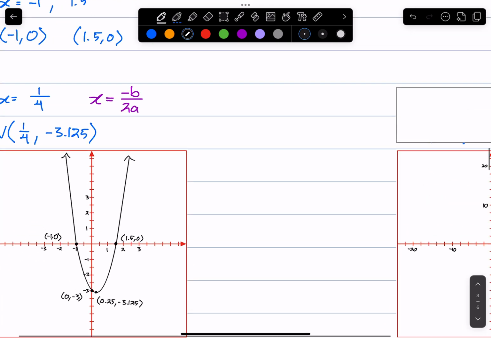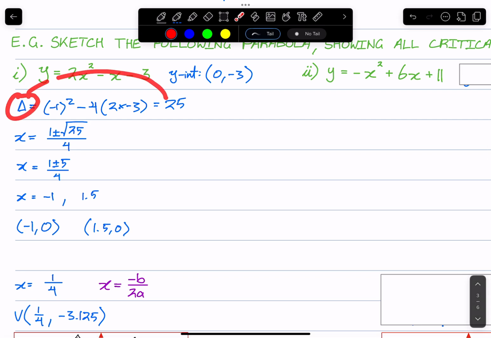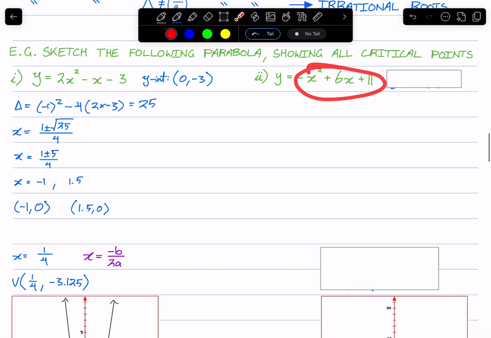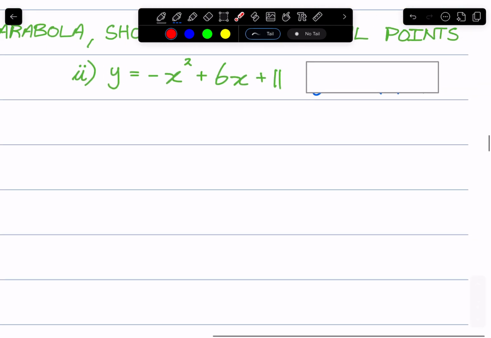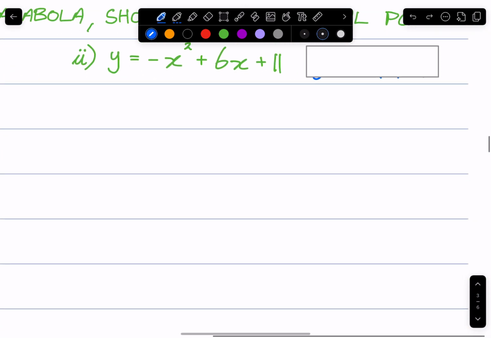Okay, so once again, notice how in this example, when delta is a perfect square, we get two rational x-intercepts. Let's now do it for this next parabola. Once again, let's approach this slightly differently, and let's find delta first. So delta, so the discriminant is